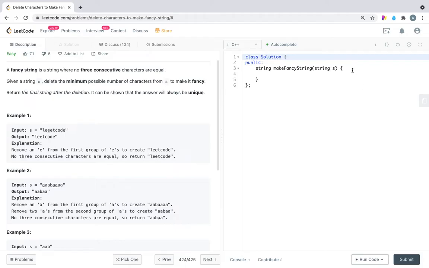So we will form one output string and keep it empty. Now we'll go through all the characters of the string. Also, one thing we can do is, if the string length is less than or equal to 2, then we can directly return s.